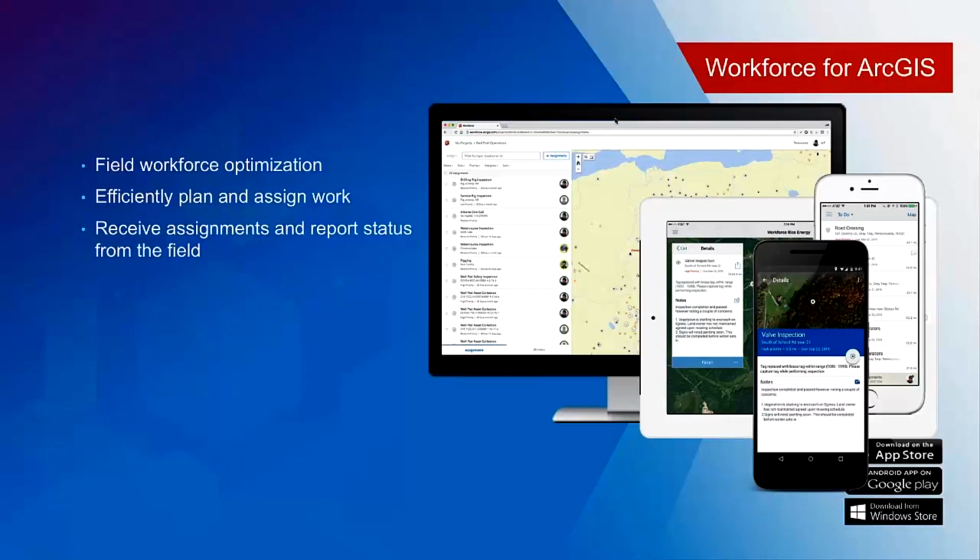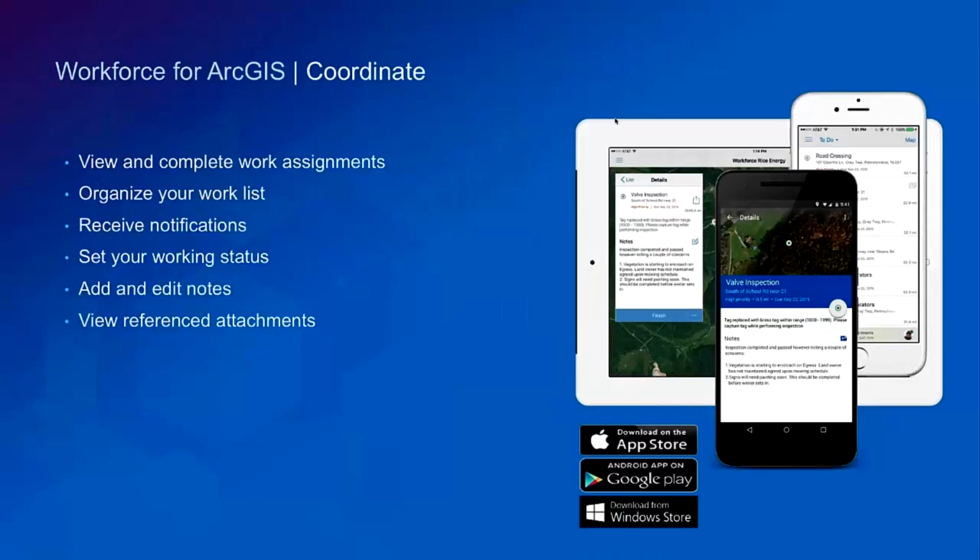On the mobile side, Workforce for ArcGIS is an application that you can install onto your device and use it to view and complete work assignments. One way to think about it is it's very similar in nature to your email client that you run on your mobile device. It gives you a list of that work. It shows it in a preview that you could then tap on and get more detailed information about. You can organize that list in various ways. We'll optimize the fact that you have location, and you could look at that list based upon the distance you are away from work or whatnot.